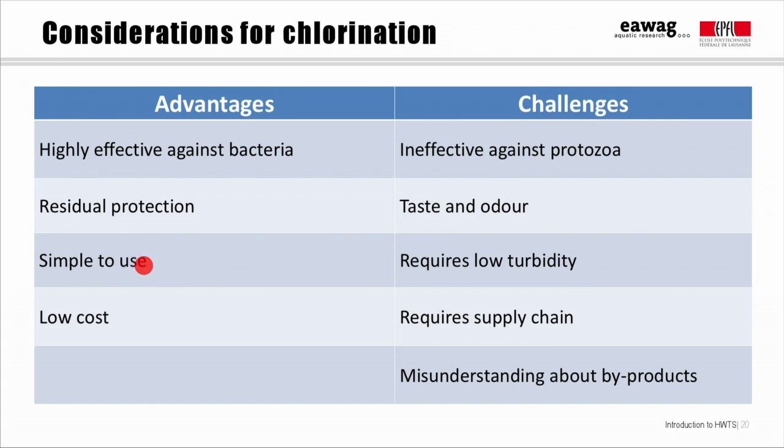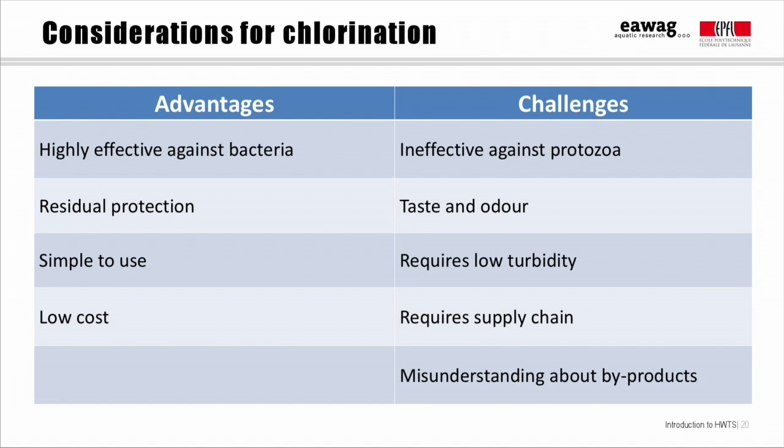It's fairly simple to apply chlorine, but it does require that the water have low turbidity. Chlorine application is low cost, but does require supply chains to replace consumables. And then finally, there's often misunderstanding about disinfection byproducts and the relative importance of these, which can cause resistance to